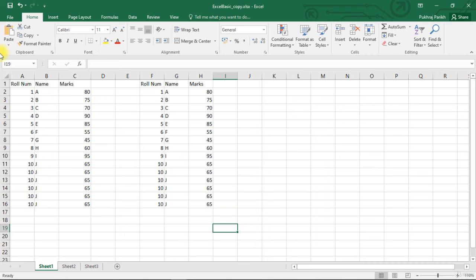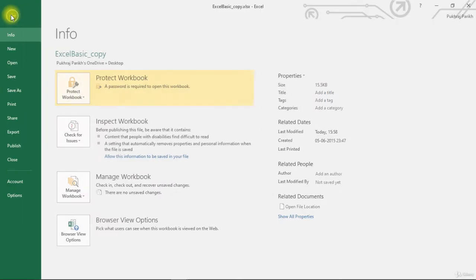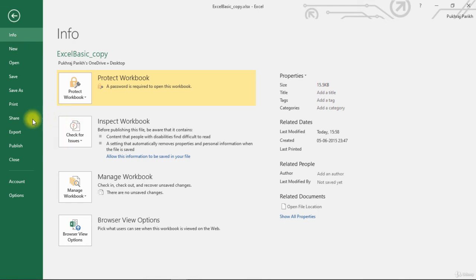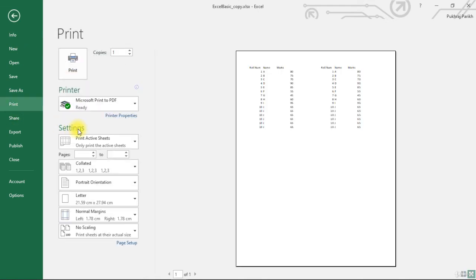If you just want to print a copy of your worksheet with no fuss and bother, just click the File button. Then go to the Print tab and then hit the Print button. This is quick printing and Excel will print your worksheet with default settings.